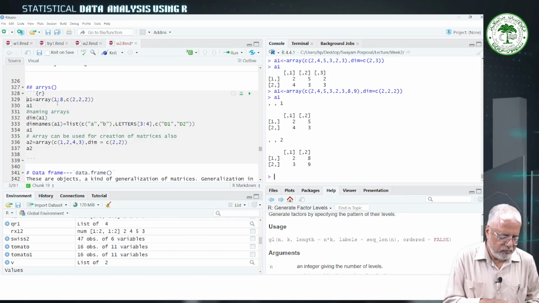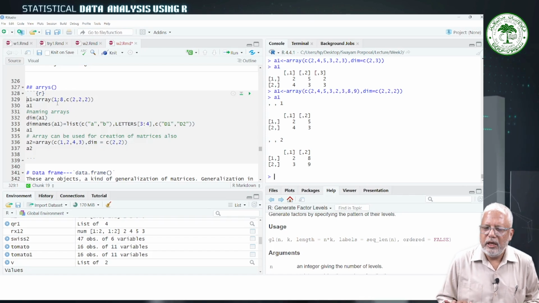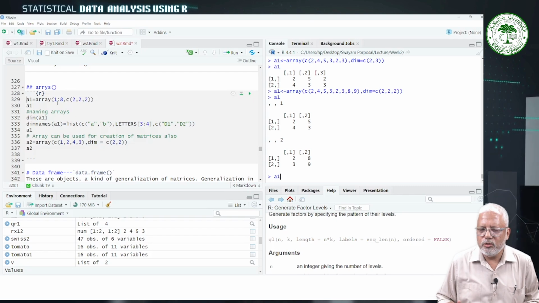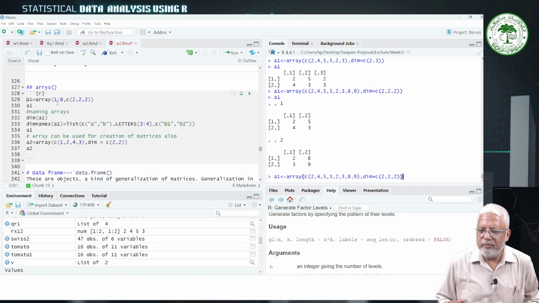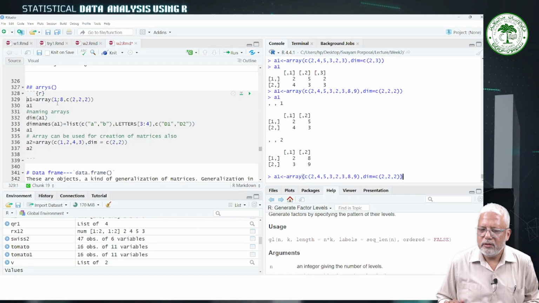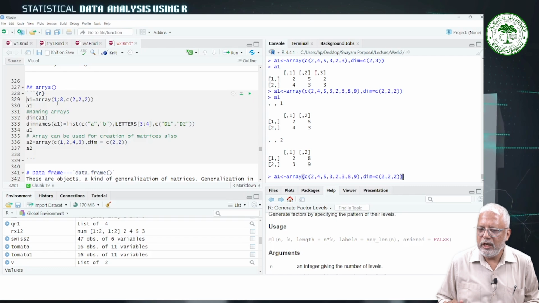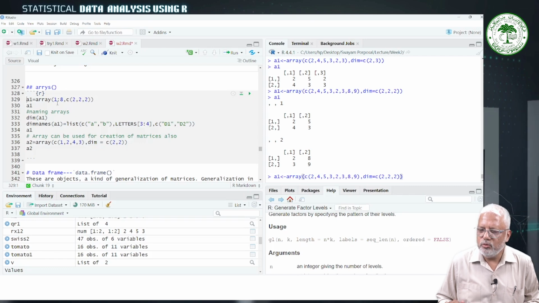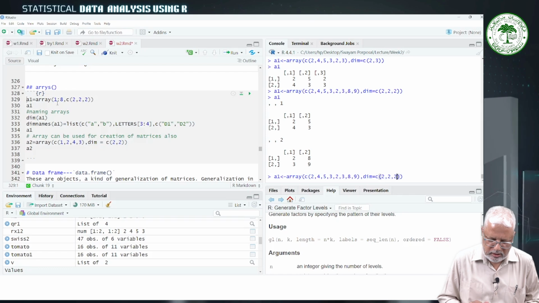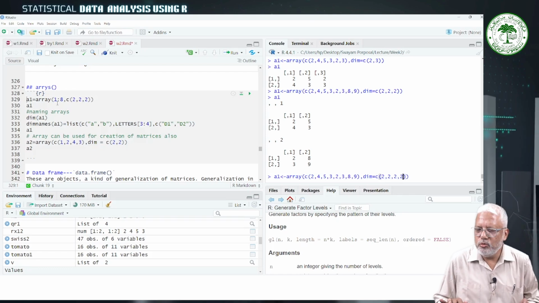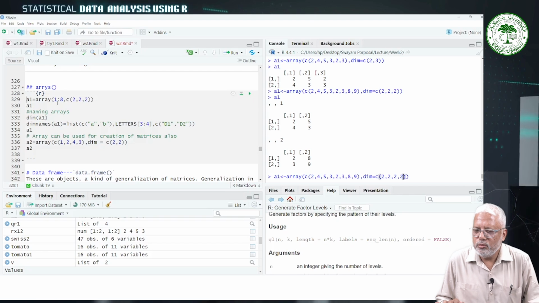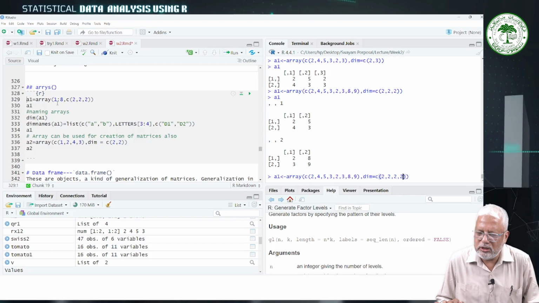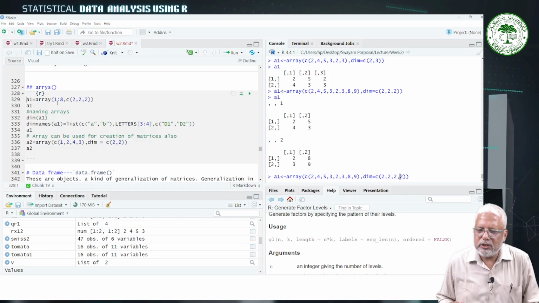So, we can make use of these things and we can go for more than 2 dimensions, like we can have dime C2 2 comma 2, but here your elements must be 2 into 2 into 2. So, there are 8 elements. If you write 2 here, that means 2 into 2 into 2 into 2, 2 to the 4, to the 8, to the 16. So, you have to enter here 16 elements,